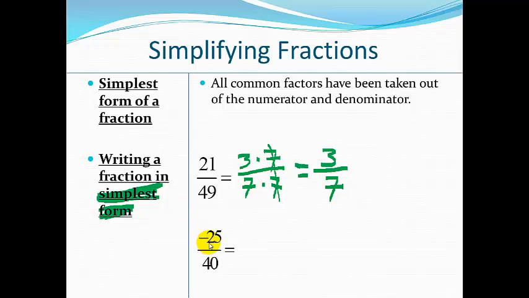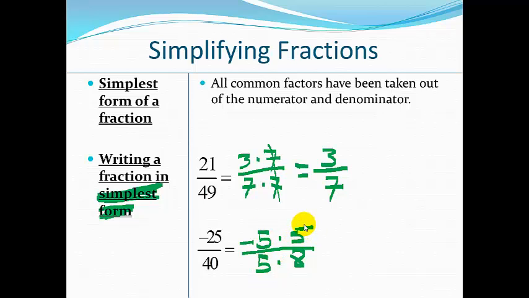And then here's another fraction, negative 25 over 40. Now, notice that this negative, we're just going to kind of ignore that for right now. We'll just put it off to the side. So negative, and then 25 can be written as negative 5 times 5. And then I'm going to put that over some of the factors for 40. So if I did 5